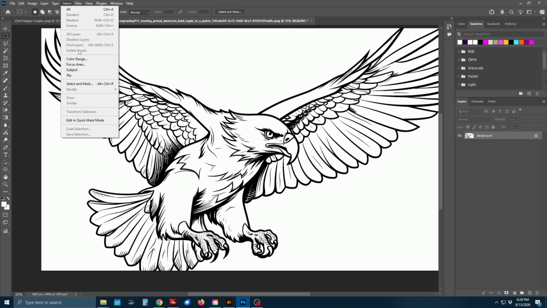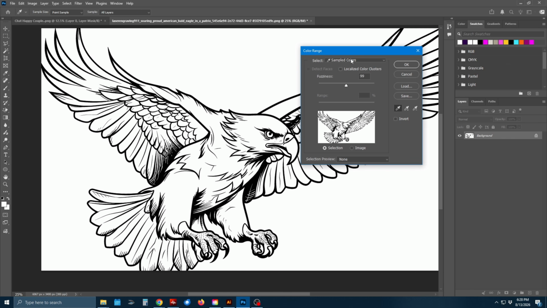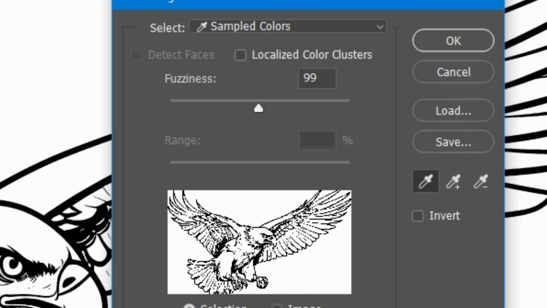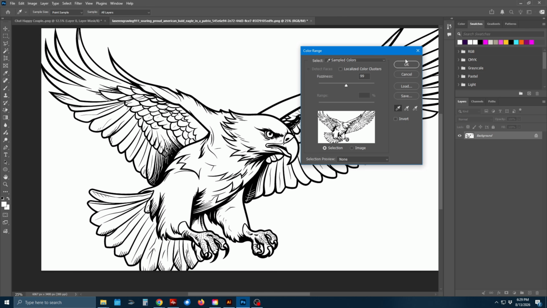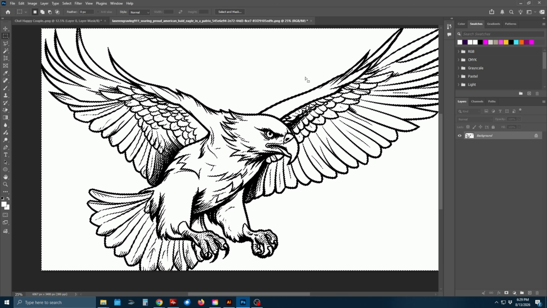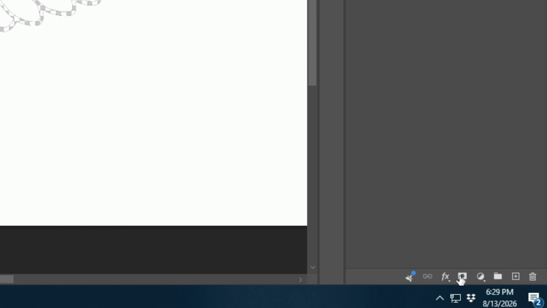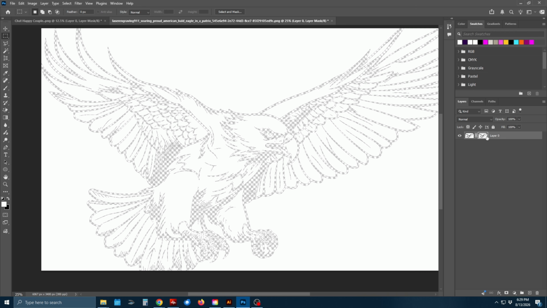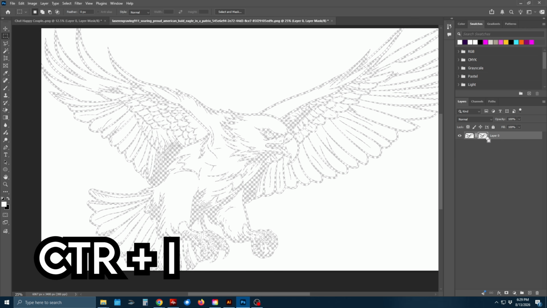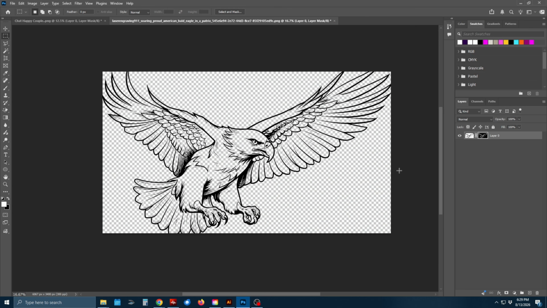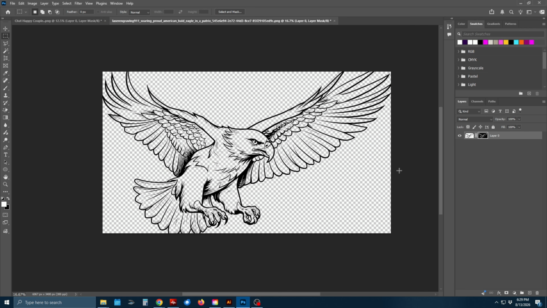Go to Select, Color Range. Make sure that Sampled Colors is turned on, and we're going to take our little dropper and select the white area and click OK. It did a selection. We're going to come down here and add a layer mask, and then with that layer mask selected, we're going to hit on our keyboard, I'm on a PC, Control-I, and that inverted the layer mask. And what are we left with? A perfect 300 DPI, transparent, true black image ready to be sent to your laser engraver